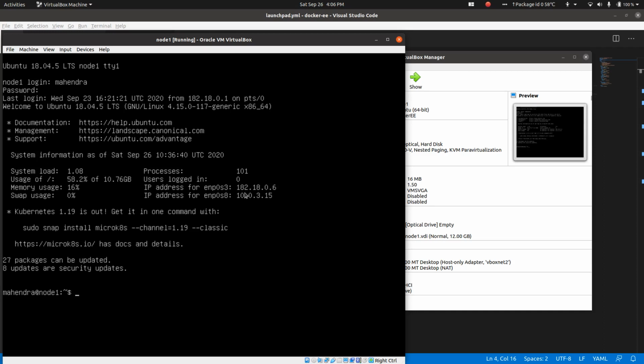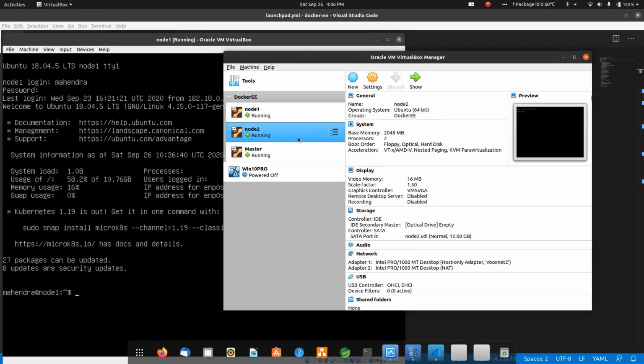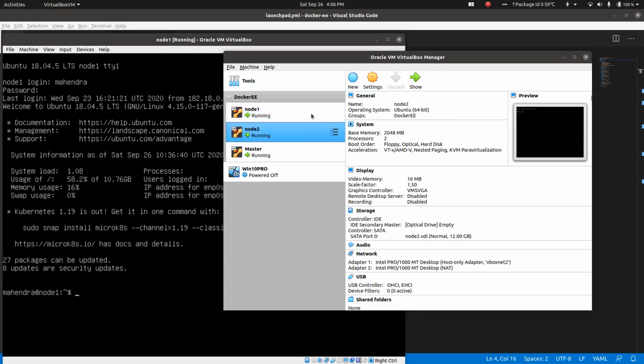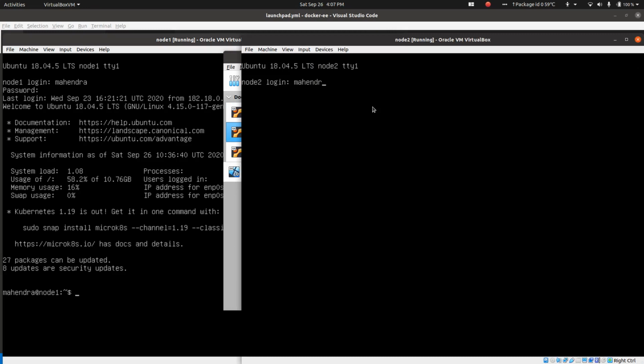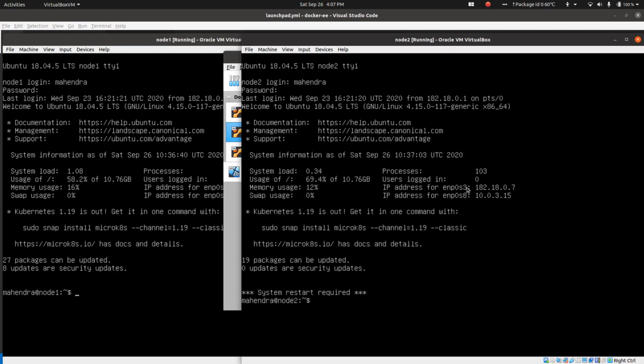You will see I'm able to see the IP address for the second machine. Node 1 is 06, and then I have got node 2, which has IP address 07. So I have got all 3 machines now.